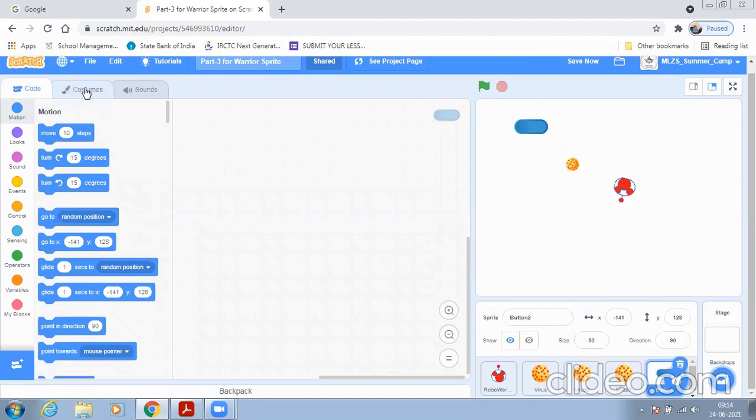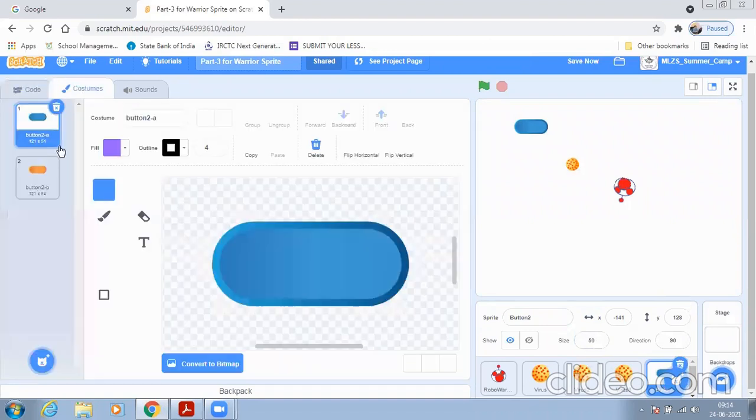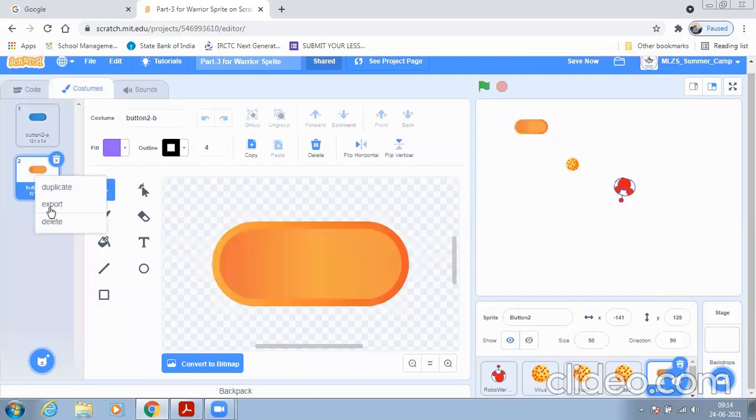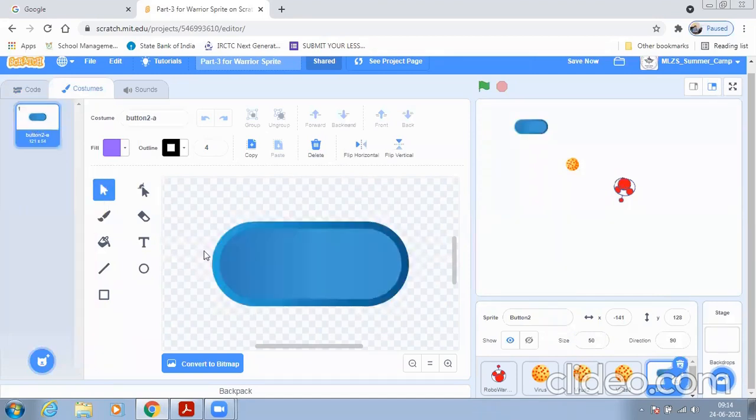Now I will just do some editing in its costume. So I'm going to delete this sprite, and here I'm going to write some text.